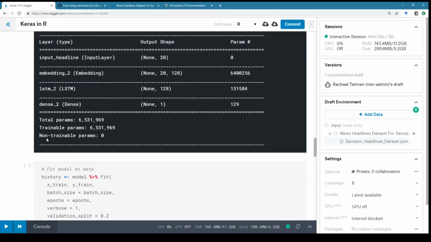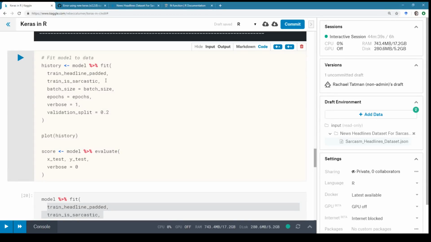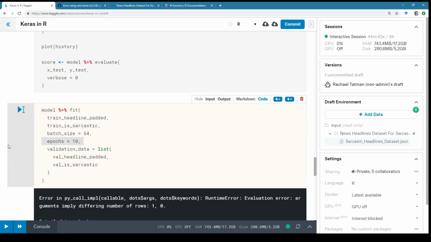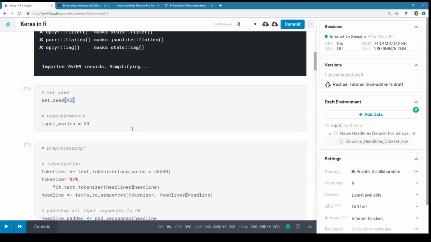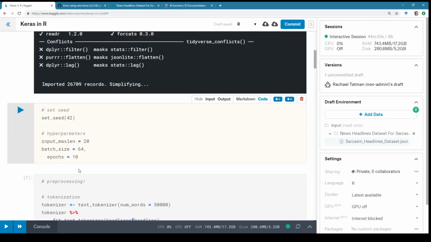Yeah, no, we called it model. Okay. Let's make sure we're giving it the right data. And you know what? Let's actually set batch size and epochs at the top under our hyperparameters, like reasonable people that follow best practices and are not just, you know, noodling around. We are just noodling around.